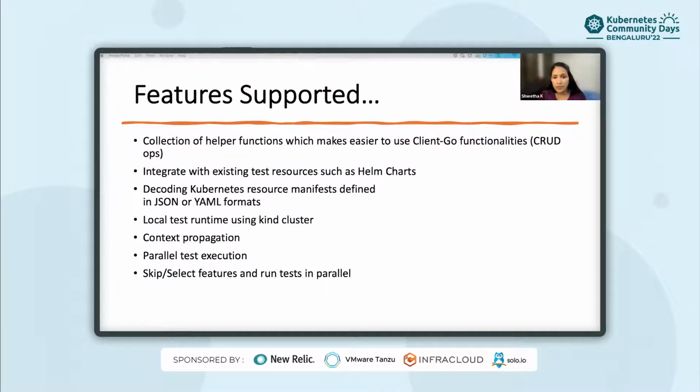This framework provides a uniform API to work with typed and untyped Kubernetes API objects by having a simple client, which includes Kubernetes resources, CRUD operations, and control operations. So you can easily create, update, or delete Kubernetes resources. It even provides a type which allows test writers to install third-party tools. So we have integration with Helm charts.